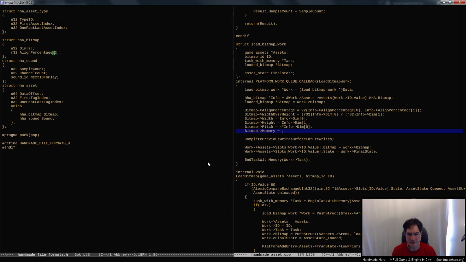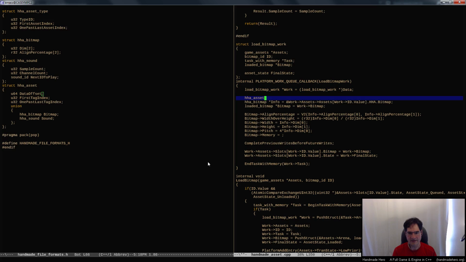Well, the bitmap's in that file, right? And if you remember, we've got this data offset thing here in the asset itself. So what we need to do is we're going to need to pull the asset here, right? So we got to be able to do this where we have the HHA asset or whatever. So we're going to actually need to grab that out as well from this thing, right? So we've got the asset there, and then we've got the HHA asset bitmap, so we've got both of those things. So the HHA asset has in it the data offset, which says where the bitmap data was,